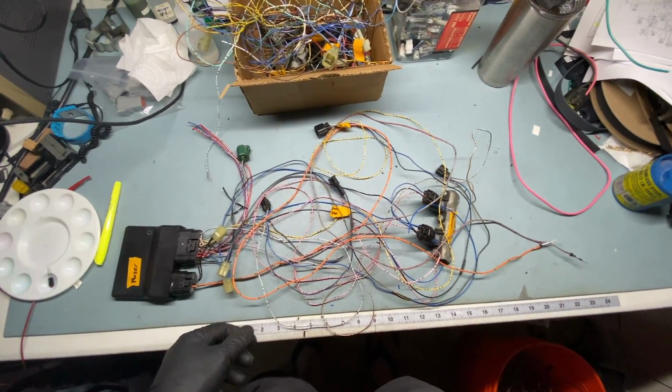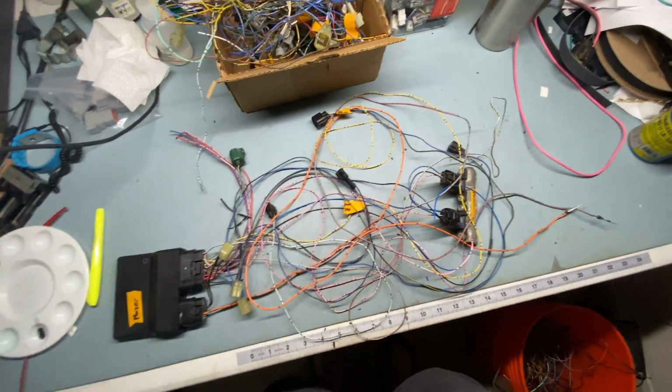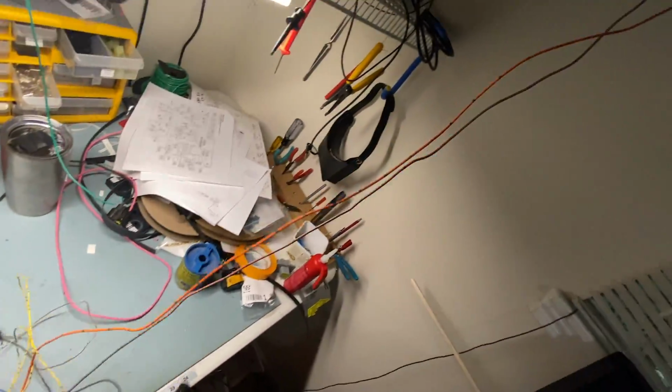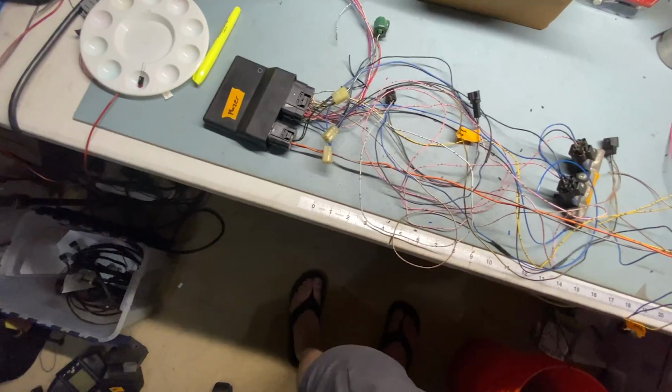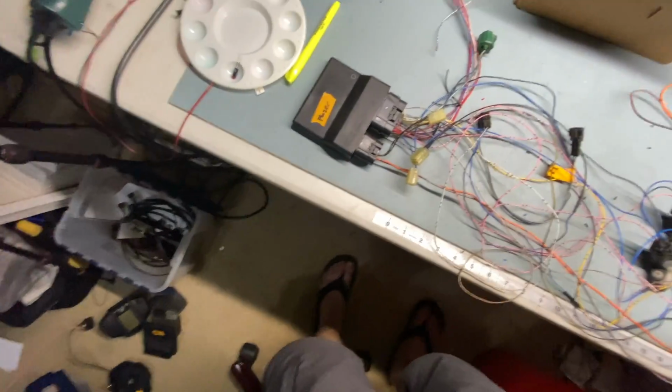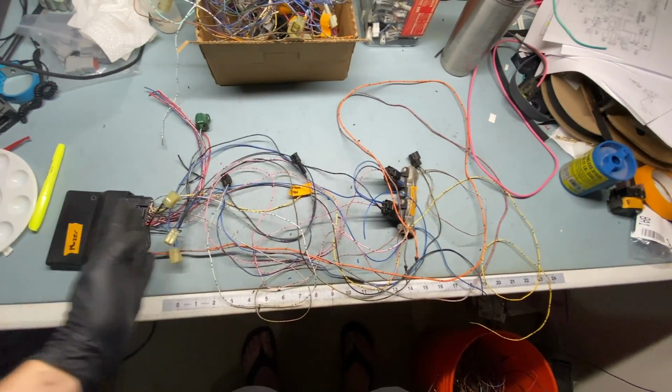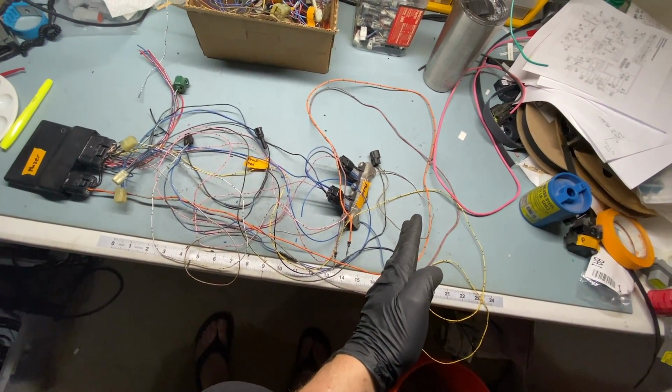Once I've done that, I also have to set the lengths, because, for instance, let's grab some wires here. Take a look at how long that is. That's going probably a solid 4 or 5 feet. Well, we don't need 4 or 5 feet anymore. This is how this used to be in the sled. This now needs to be probably 18 to 20 inches